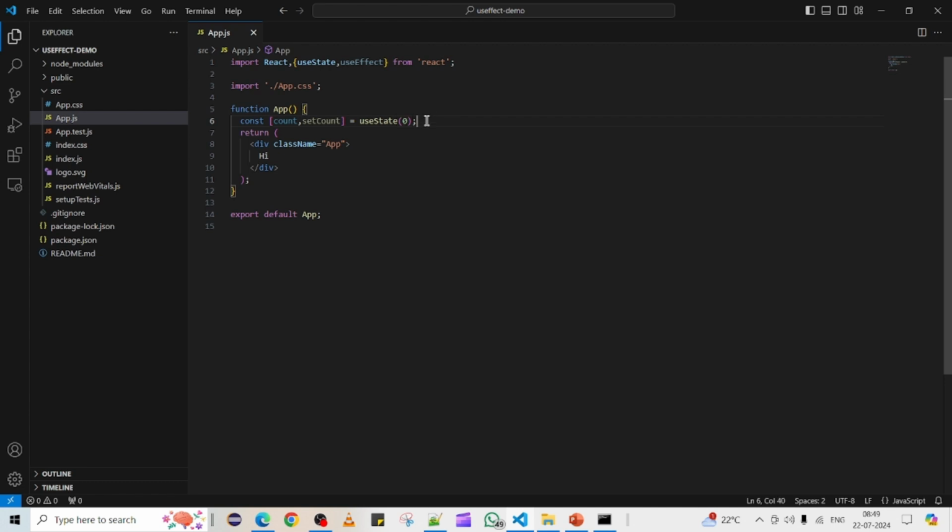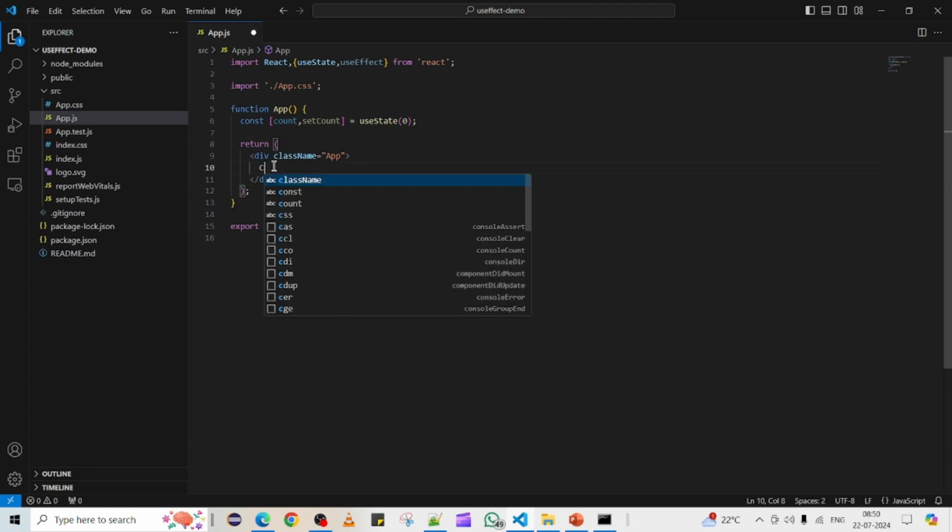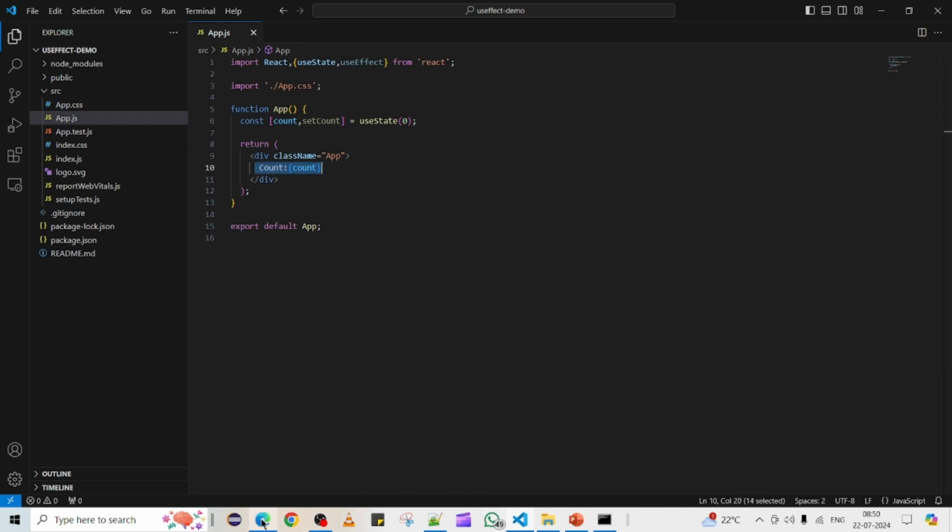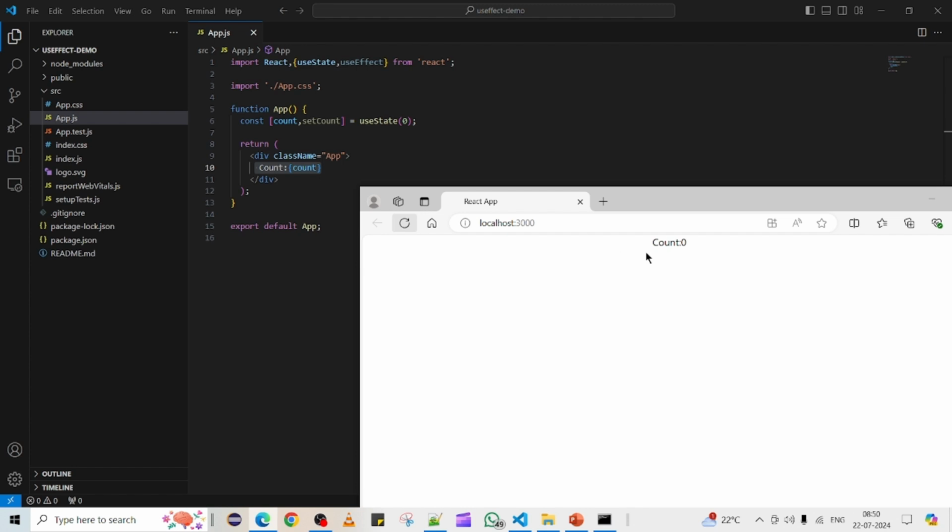So now what I'm going to do here, I'm going to display the current value, count. It will try to display the default value of count on the UI. Let me verify that one. If you come back here, the default value is displaying as the count. Correct? So now I'm going to